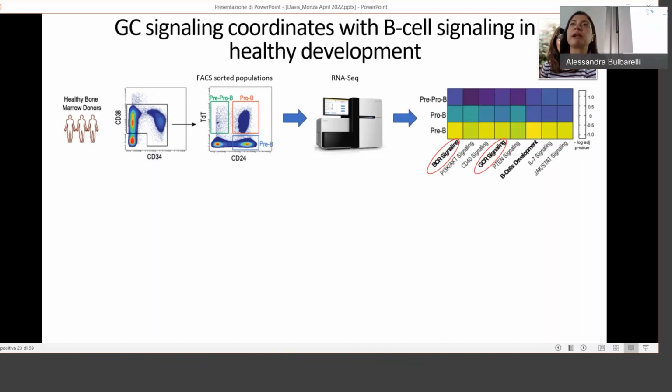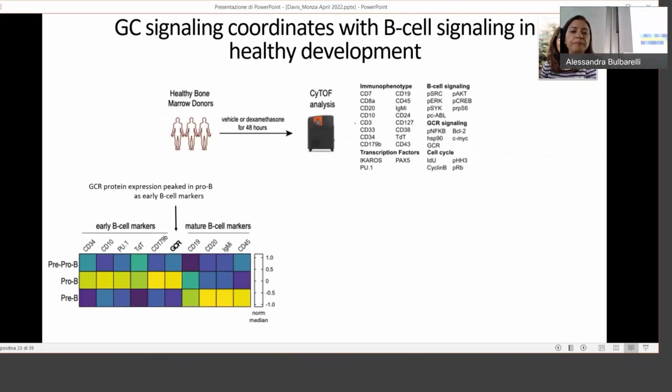In doing pathway analysis of these data, what we found was that as expected, as the cells developed, from top to bottom, we saw activation of B cell receptor signaling, PI3 kinase signaling, IL-7 signaling pathways, B cell developmental pathways. But one of the pathways that popped out was glucocorticoid receptor signaling, which was not expected and not really understood if that has anything to do with B cell development. There's been 1 or 2 papers in mice, and mostly in peripheral B cells, not early B cells.